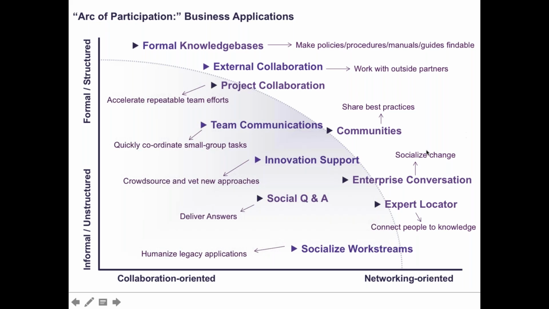So before we go, we've got a quick question from Dan who's asking, what's the difference between collaboration-oriented and networking-oriented? Great question. Collaboration-oriented tends to be more around particular tasks and usually things that are very goal-oriented. Networking-oriented is more a human-to-human interaction. It may be less around a particular task, and it may be less goal-oriented. It's more around establishing human connections and connectedness among employees almost as the end of itself, as opposed to finishing